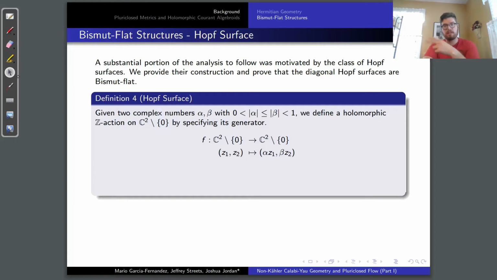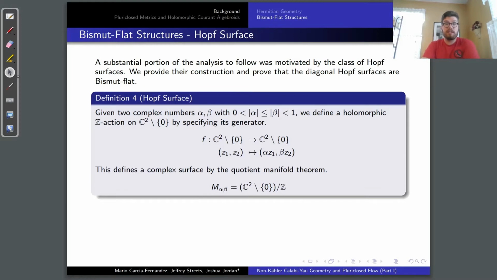You just scale each component separately. The nice thing about this is that it's holomorphic, it's properly discontinuous, all of this jazz. We can just apply the quotient manifold theorem, and we end up with M alpha beta, this quotient of C2 by our Z action,